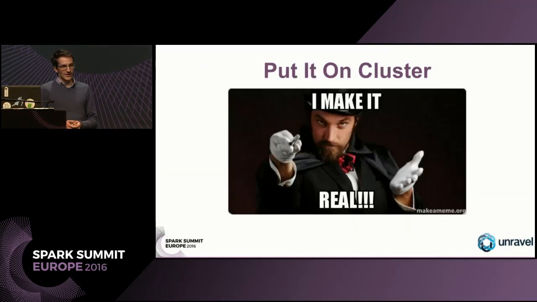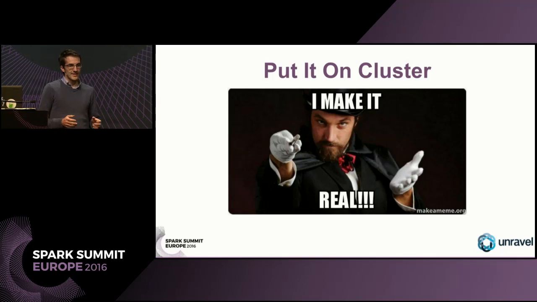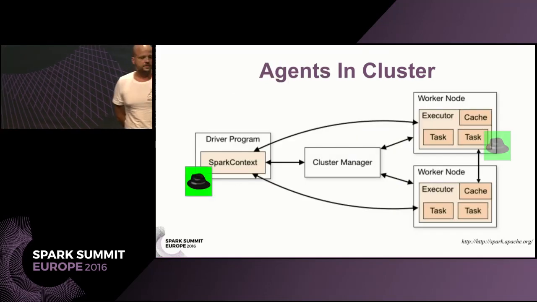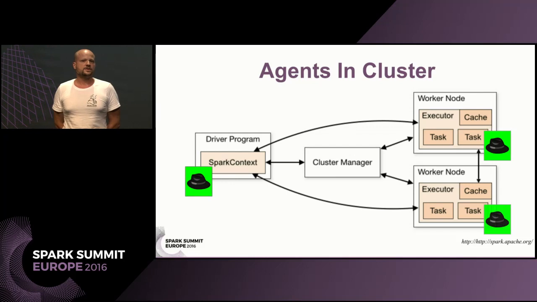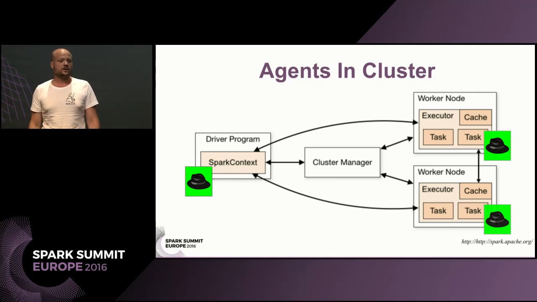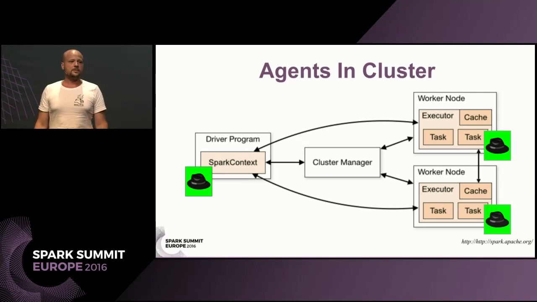Okay, so let's see now how we can put this on the cluster. How can we deploy BTrace on a distributed infrastructure? So far we were talking just about one JVM, one agent, but in Spark we have a number of JVMs running, right? We have the driver, we have a number of executor nodes, each running at least one JVM. And on all of those JVMs, we need to have the agent installed somehow. So what we can do,